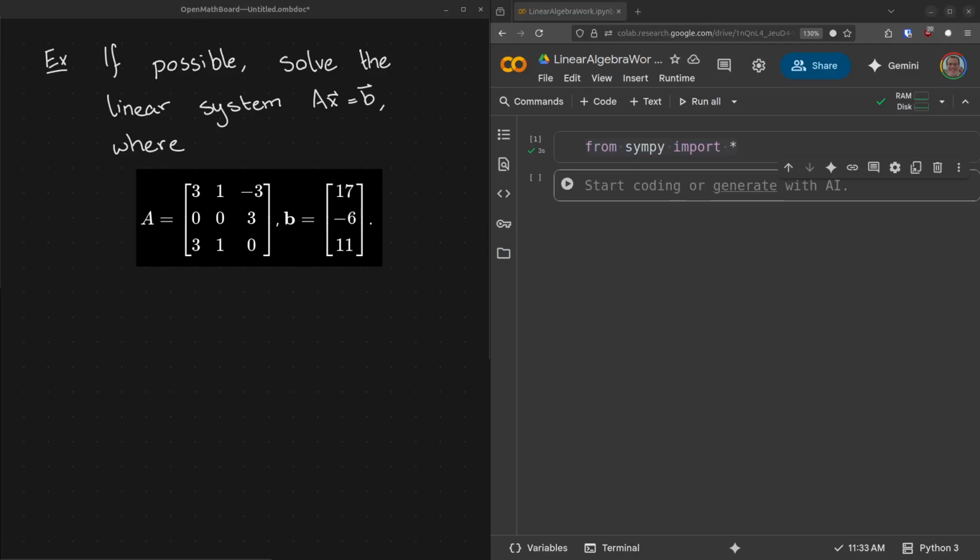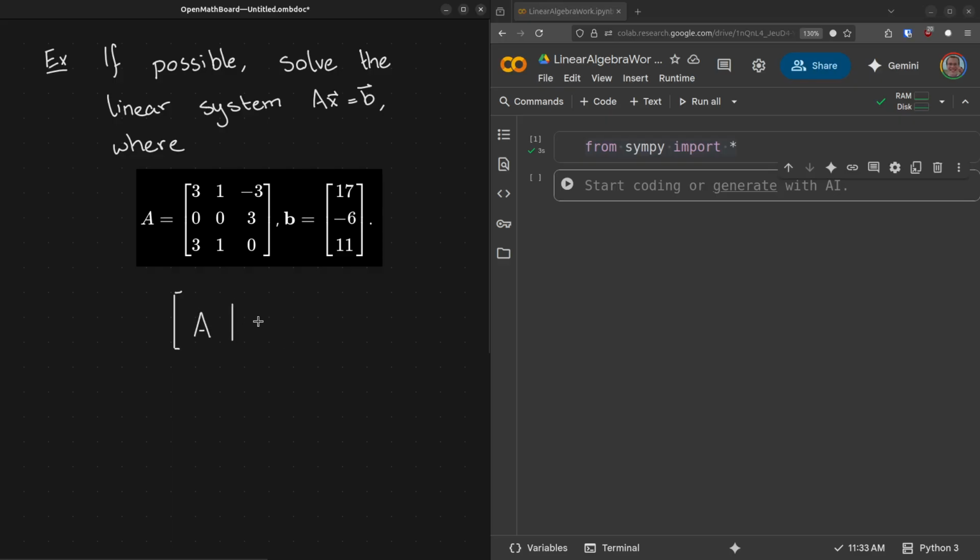Let's take a look at another example. Again, we want to try solving the linear system AX equals B, where matrix A is this matrix here, vector B is this vector here. And we want to solve for vector X. As we've seen, this is equivalent to solving a linear system of equations. To do that, we want to